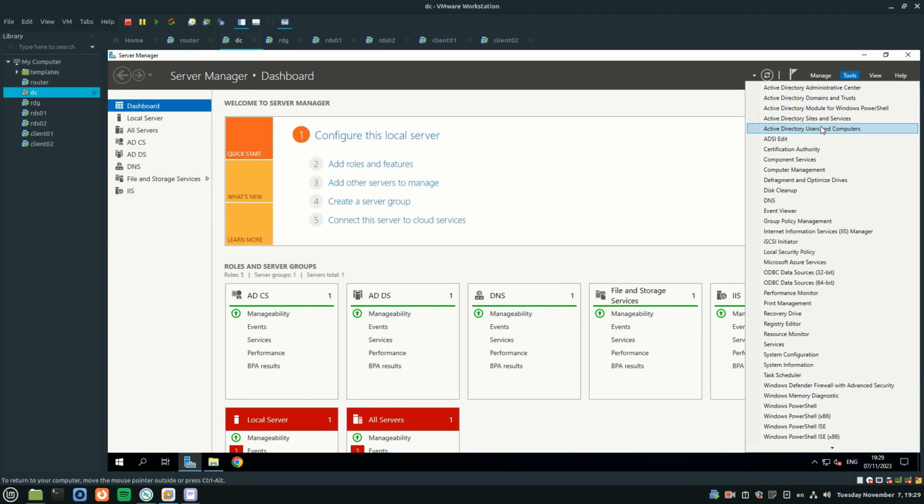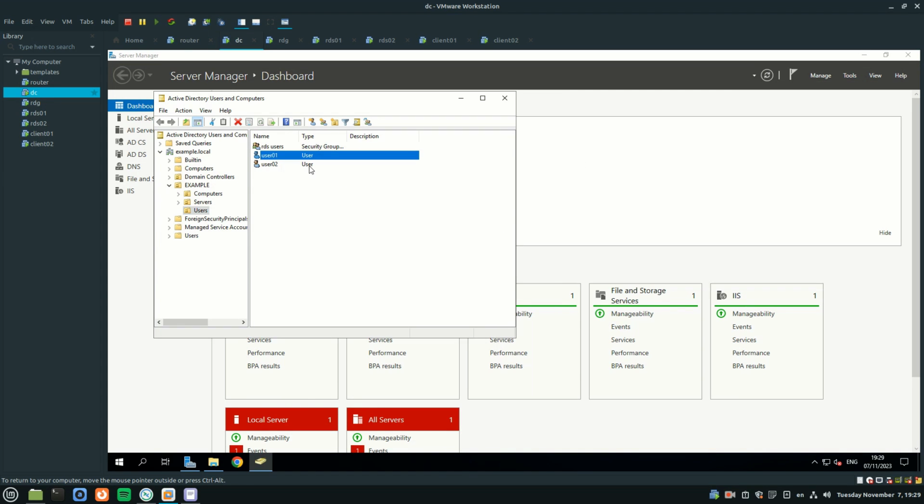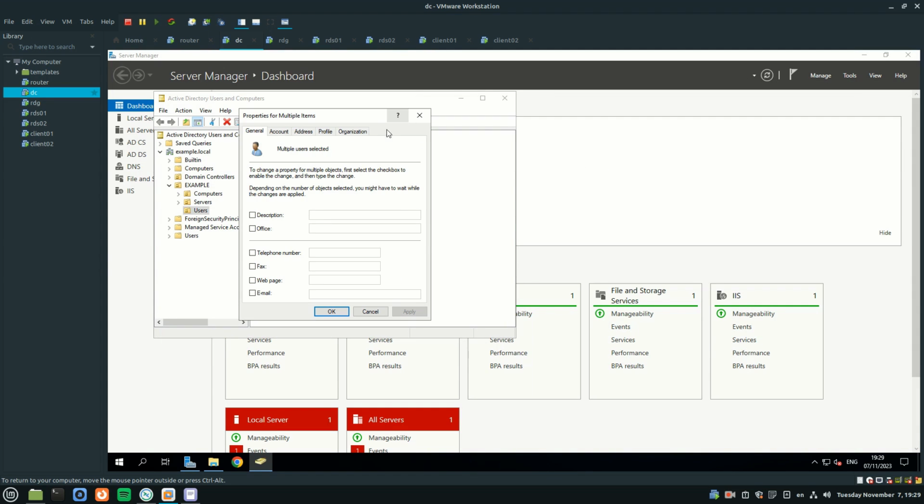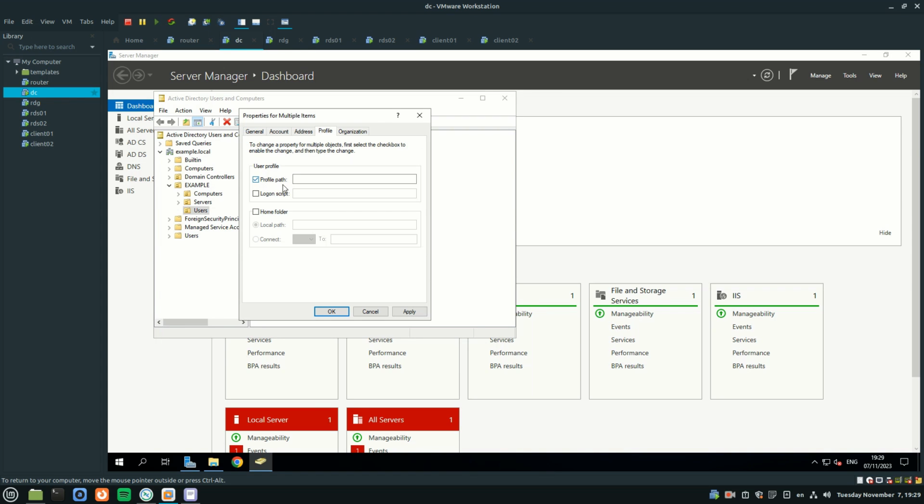And in Active Directory, choose the users that you want roaming profiles to be applied on. Click on Properties, Profiles, Profile Path. Enter the path of the shared folder and username between percentages.